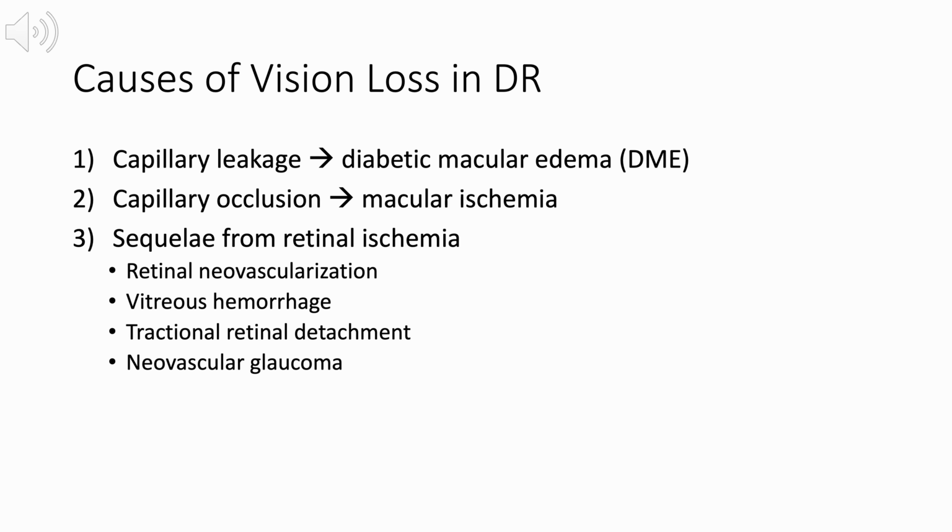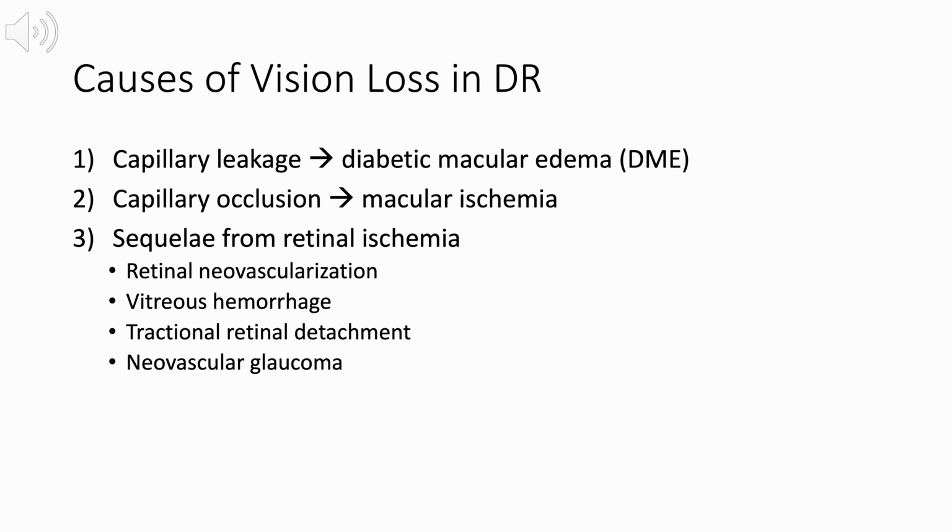Now that we understand the mechanism, let us catalog how that mechanism actually costs a patient vision, because this list is essentially a clinical translation of the cascade we just walked through. There are three broad categories. First, capillary leakage, which produces diabetic macular edema, or DME. This is the leakage arm of the pathophysiology, and it is the most common cause of vision loss in diabetic